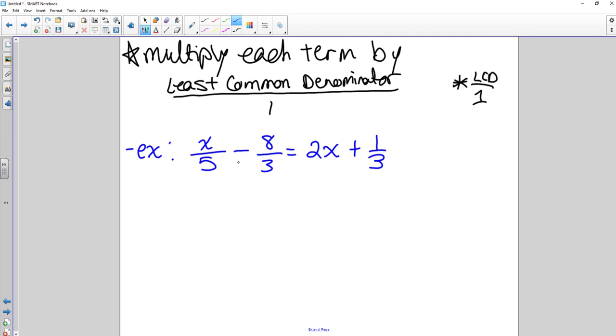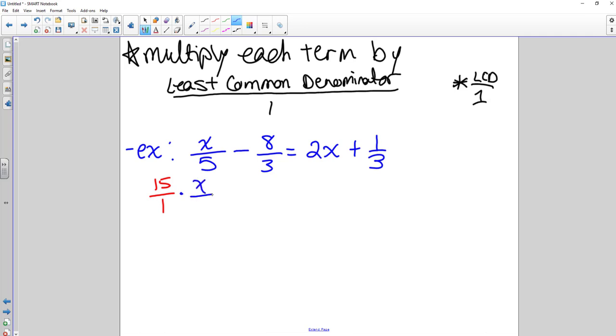So now I'm going to look at what my least common denominator is. My denominators are 5, 3, this one I guess we think of as 1, there's nothing there, and 3. So between 5 and 3, my common denominator is 15. So I'm going to take each term times 15 over 1. So 15 over 1